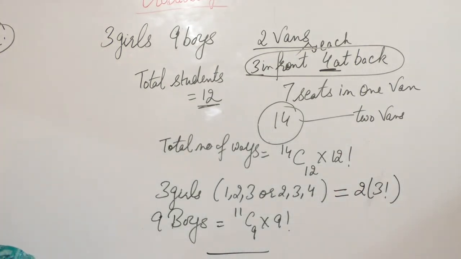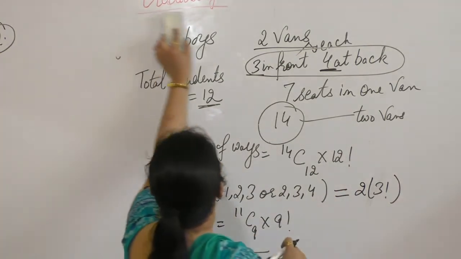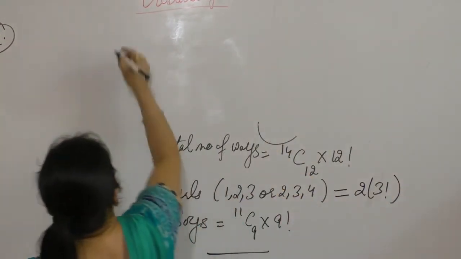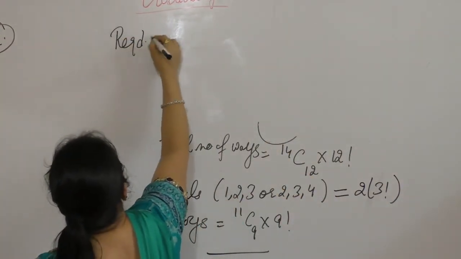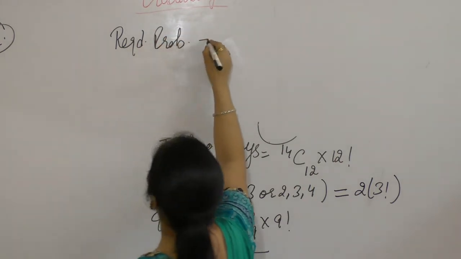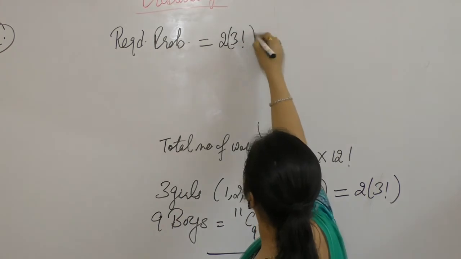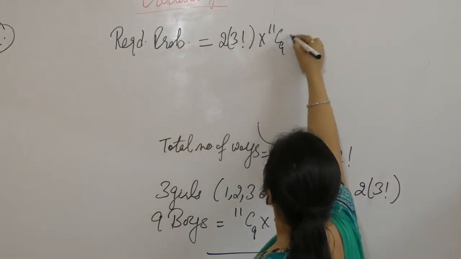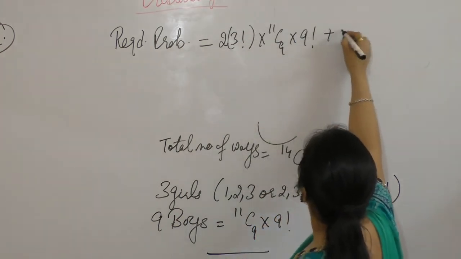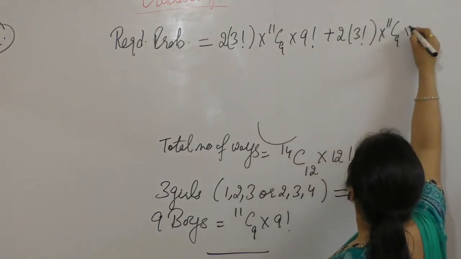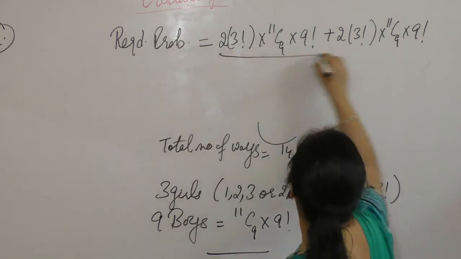Now the required probability is, since we have to seat them in 2 vans, 2 into 3 factorial into 11C9 into 9 factorial plus 2 into 3 factorial into 11C9 into 9 factorial upon